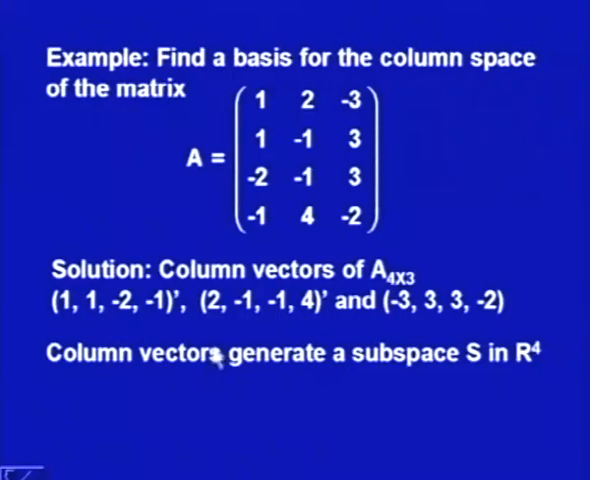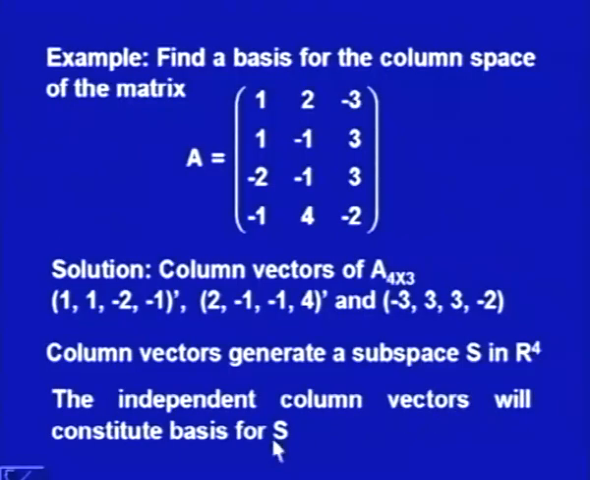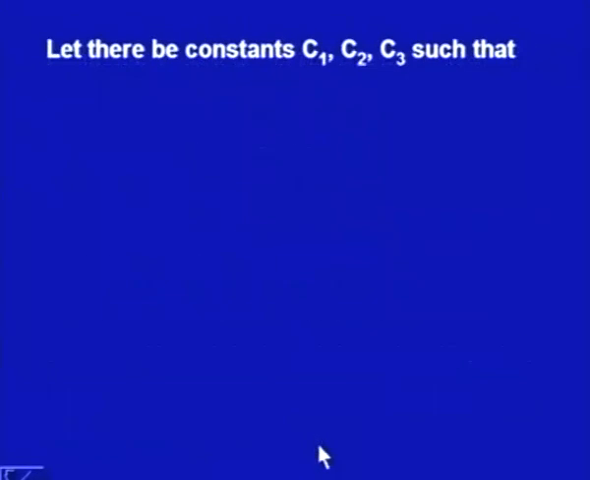Now, we have to find out its basis. So, we say column vectors generate a subspace S in R4, as m is 4. So, it will generate a subspace S in R4. What we have to do is find the independent column vectors that will constitute a basis for S. For this purpose, let us assume 3 constants C1, C2, C3 such that